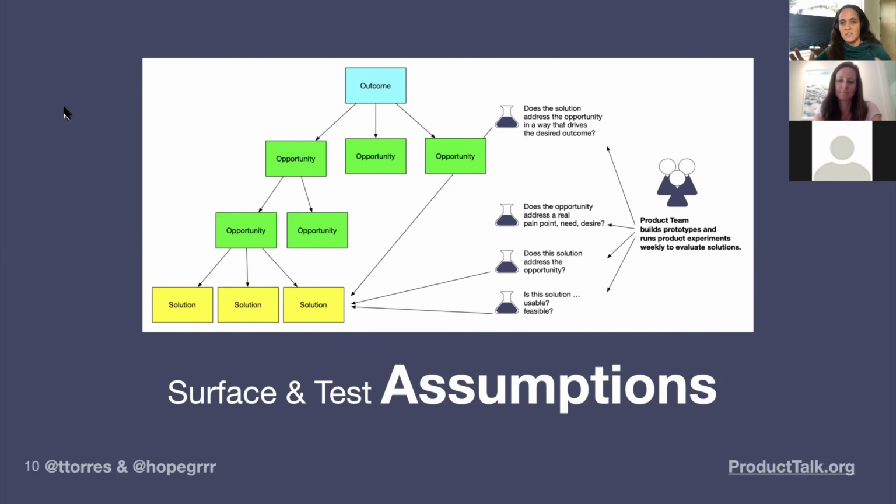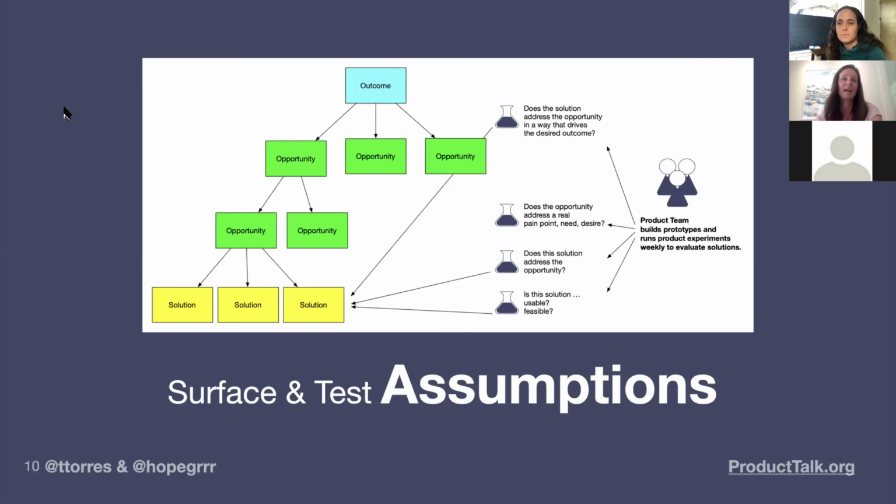Now, a lot of teams, and this is where maybe Hope and I can discuss a little bit about where you need to be. A lot of teams can turn an assumption into a pretty good testable hypothesis really easily. They are natural experiment thinkers. Some teams really struggle. So I have an experiment design template. I saw someone in chat highlight the We Believe format. The We Believe format works really well for some people. For other people, it's not specific enough because they don't use it to get specific enough.